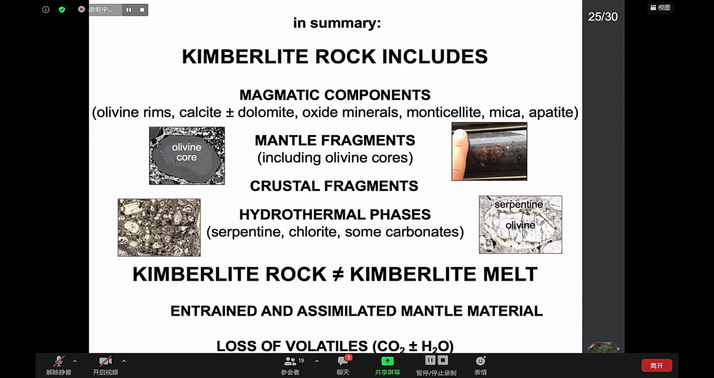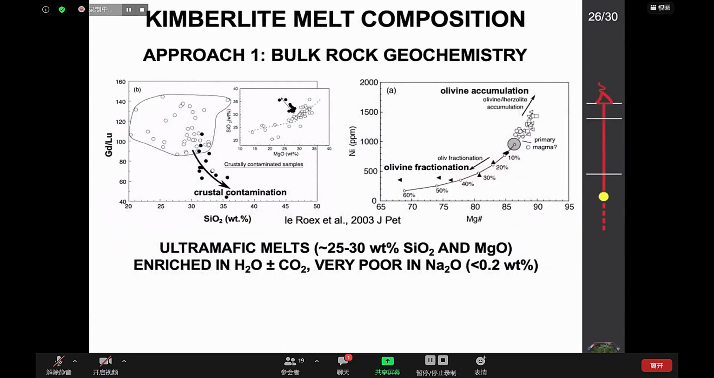So I'm going to use the last few slides of this talk to say just a few words about what kimberlite melts potentially are, what people have thought so far about them, and what I personally think. In previous years, two very different approaches have been employed to try to nail down the composition of primary kimberlite melts. The first one is what I call the bulk rock geochemical approach, which was pioneered by Anton Le Roex in the early 2000s. So Anton essentially analyzed the kimberlite bulk rocks from a few localities and applied a range of screens to figure